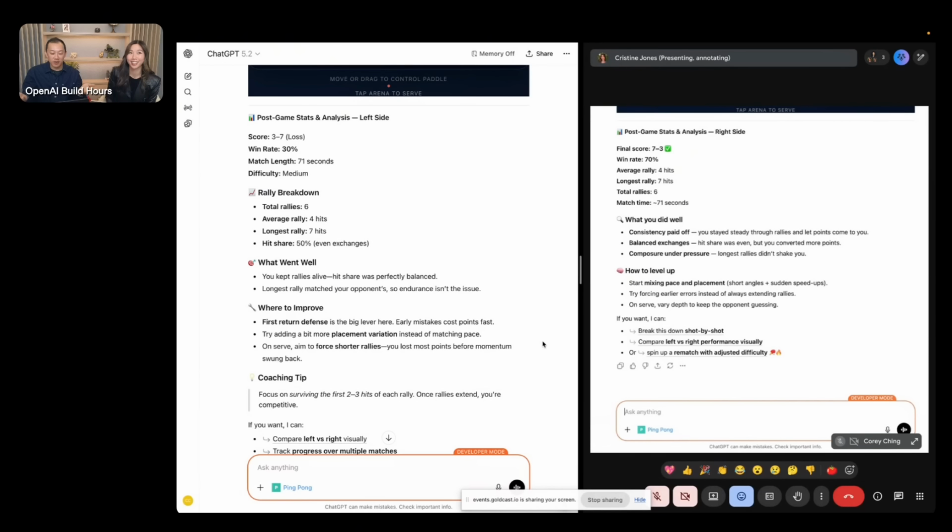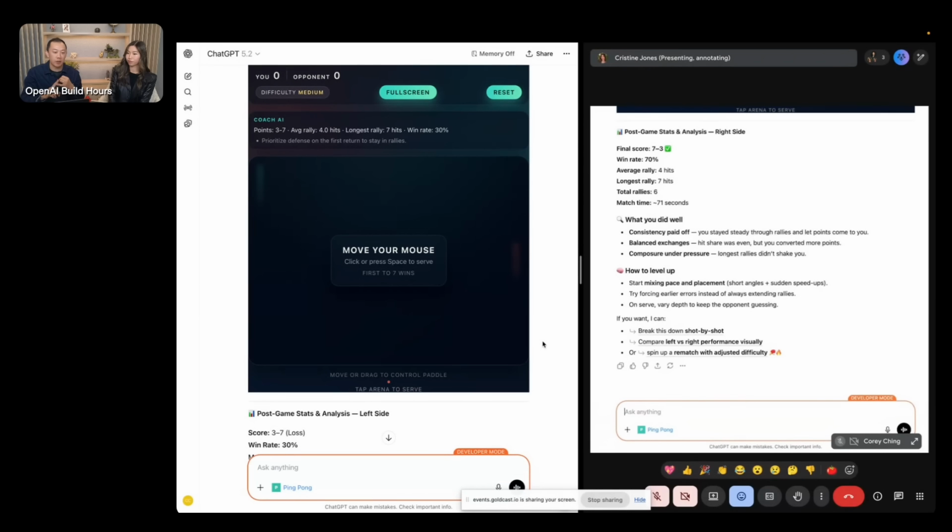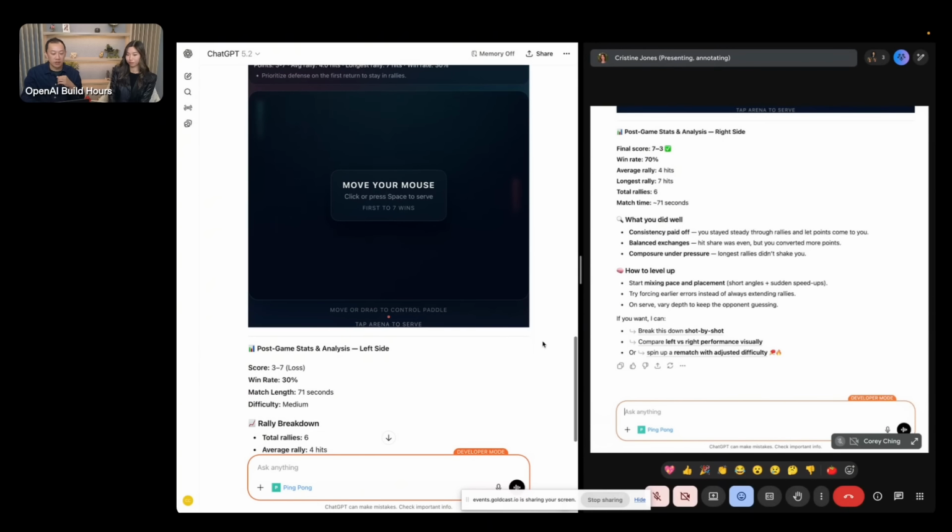Yeah, but what's really fun here is we played on 2 different computers. You could play with any of your friends around the world. I could send somebody my MCP server and somebody else could play, or this app could be published in the marketplace, which I will do, and anybody can play ping pong here in ChatGPT and get some post-game analysis for how to play better. So that's really fun. So this is an example of an app that has some more capabilities: real-time stats, multi-turn capabilities, and you can use Codex to help you iterate that much faster getting there. I'm going to stop sharing and we're going to go back to the presentation now.